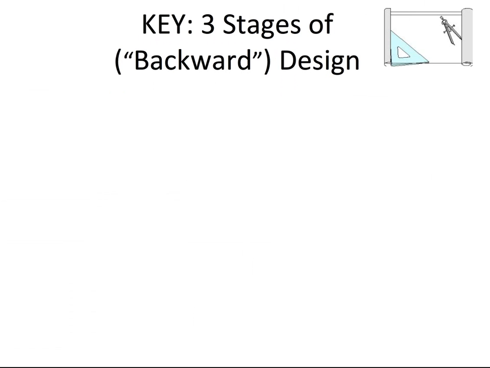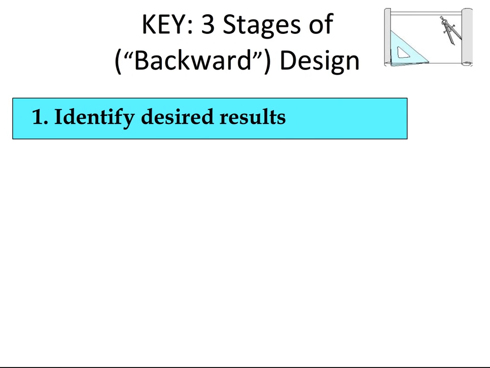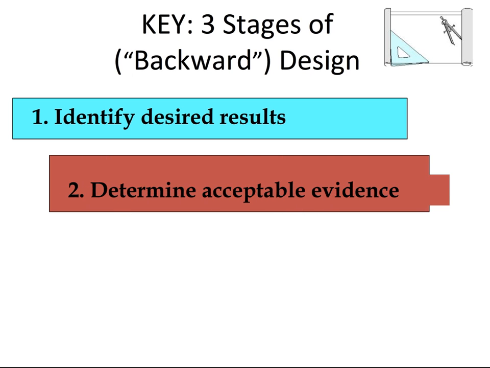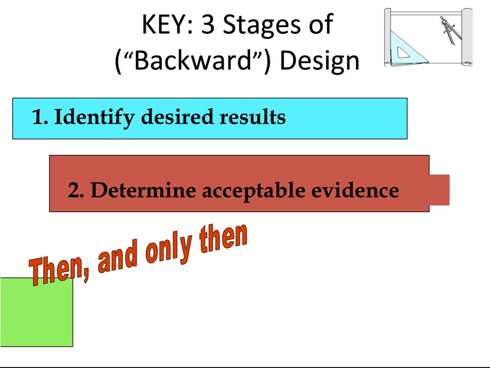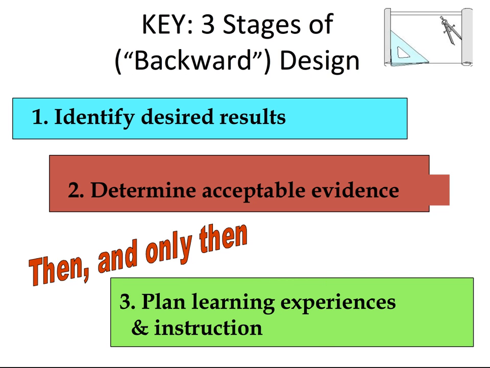So just a quick refresher on the three stages of backward design. Stage one is what our outcomes are. And so we'll be looking at KUD format for this. So what do we want students to know, understand, and be able to do? Knows are the facts, understandings are the big ideas, and the do's are the skills. We really want to be clear about what those are at the beginning so that every step we take to get kids there will be in the right direction.